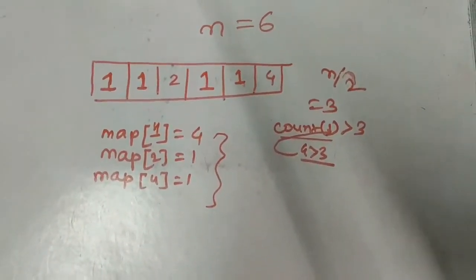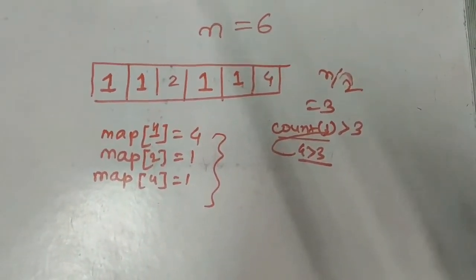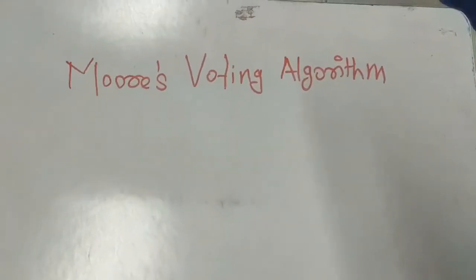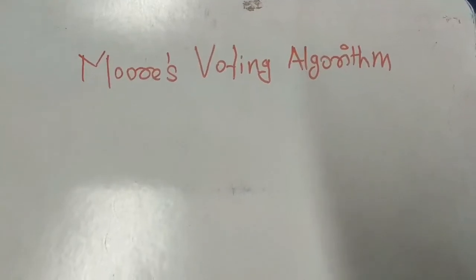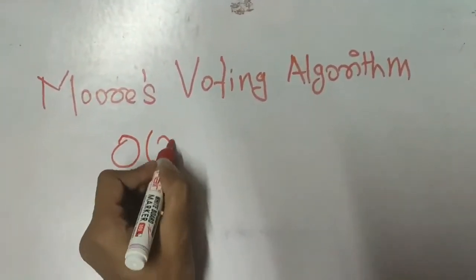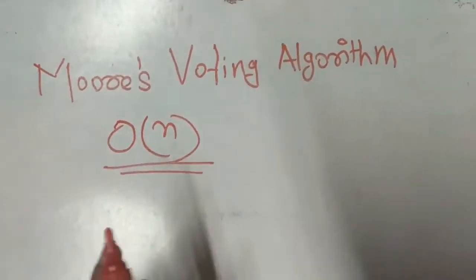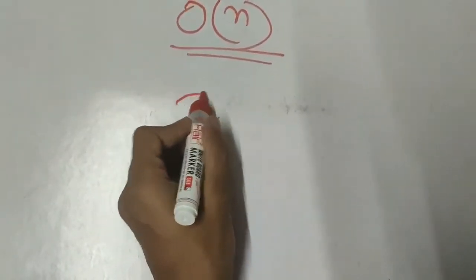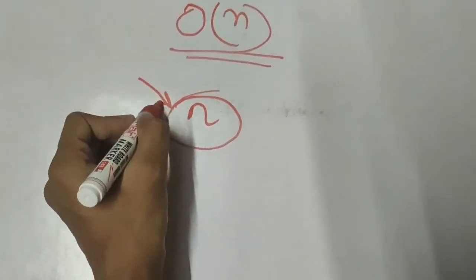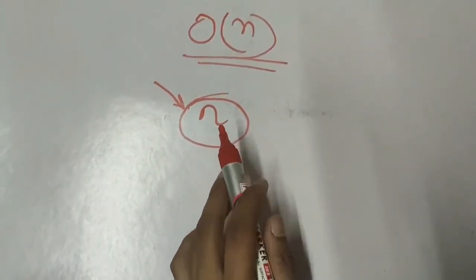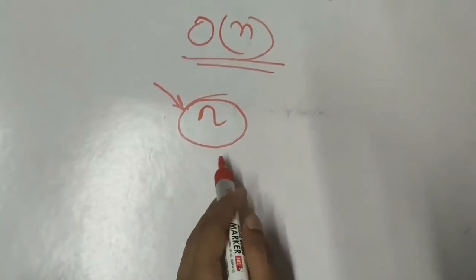Now let's understand a better solution, which is also called Moore's voting algorithm. Let's understand the logic. Moore's voting algorithm is a very simple algorithm, and it can solve this problem in O of n time. Before moving towards the algorithm, let's have a simple example. Tell me, if there are n seats on which an election is being contested, for winning, how many seats must a candidate or party possess?